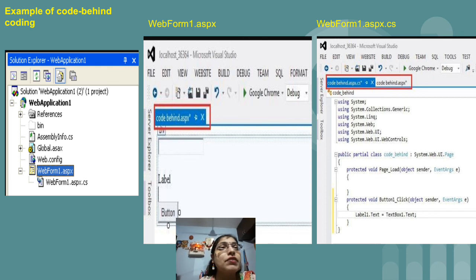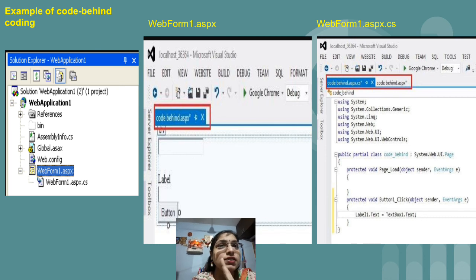So for that we have written Label1.Text equal to TextBox1.Text, because of which whatever you enter inside the text box, the same text or number will be displayed on the label once you click on the button after execution. So in case of code behind code, we are having two files.